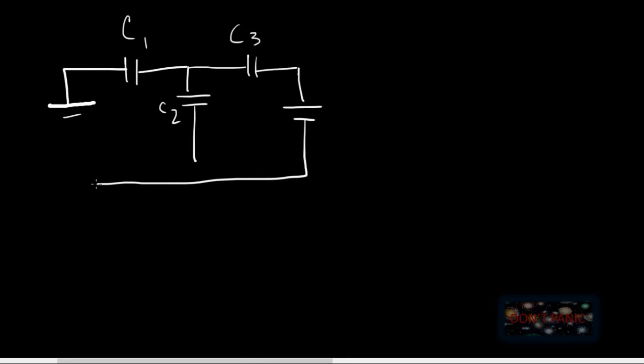So suppose there's some C1 here, C2 here, C3 and C4. Okay, like this, and same thing. We have to find the charge and the voltage across each of these components. So what we have to do is get it in the form where we only have one C equivalent, and then from that we're going to work backwards to find the Q and voltage across each of these components. Okay, to start simplifying this circuit,